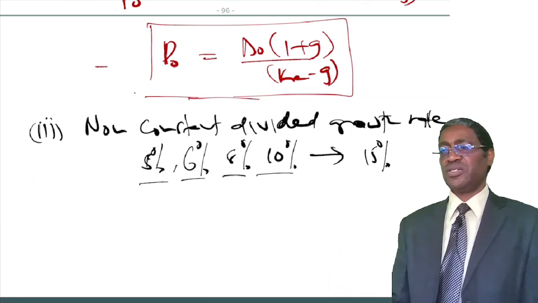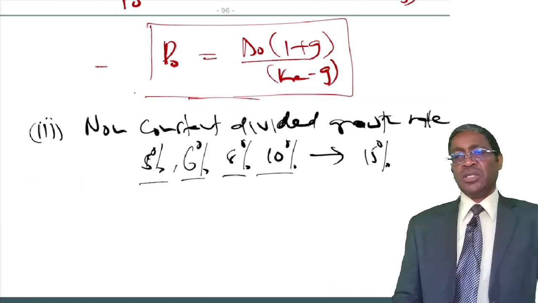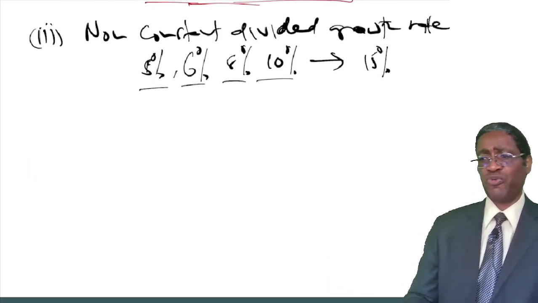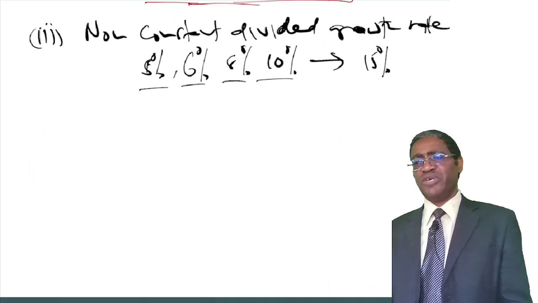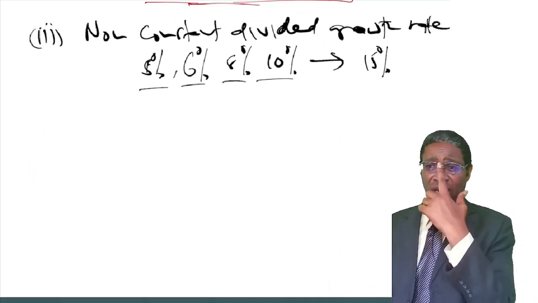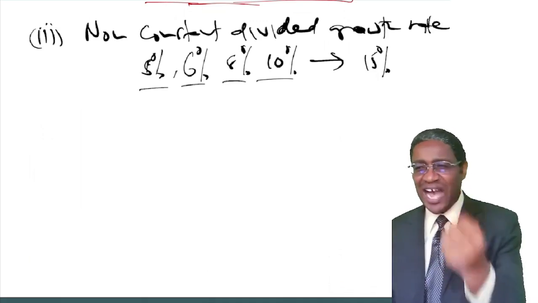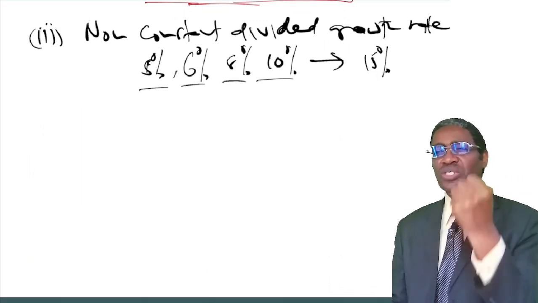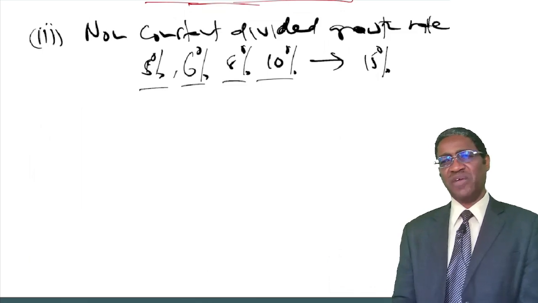Okay, good. So that being the formula, before I go to the third method of computing the value of ordinary shares, where there is what we are calling non-constant dividend growth rate,